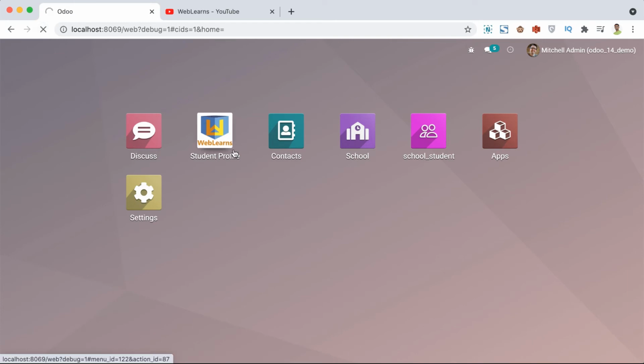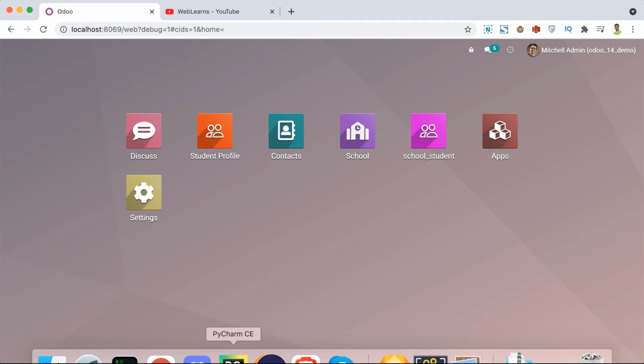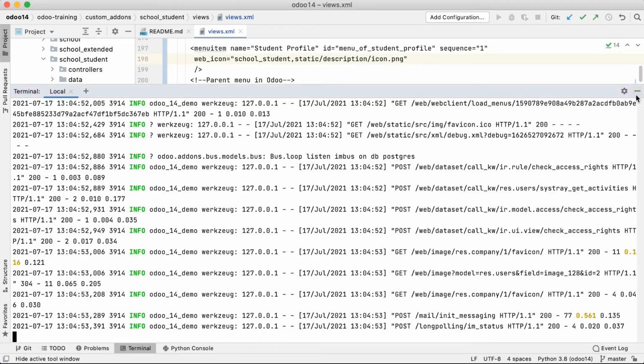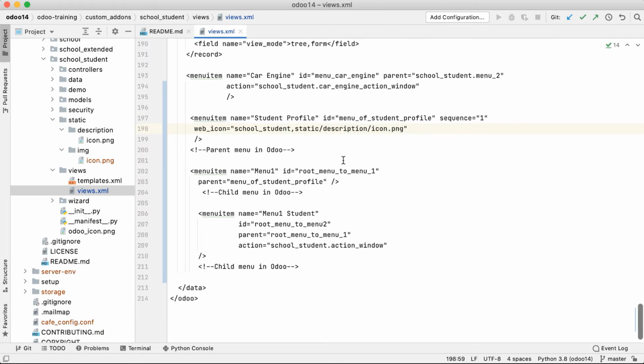You can see the icon will change. So you can see the icon already changed. So this way you can add icons.